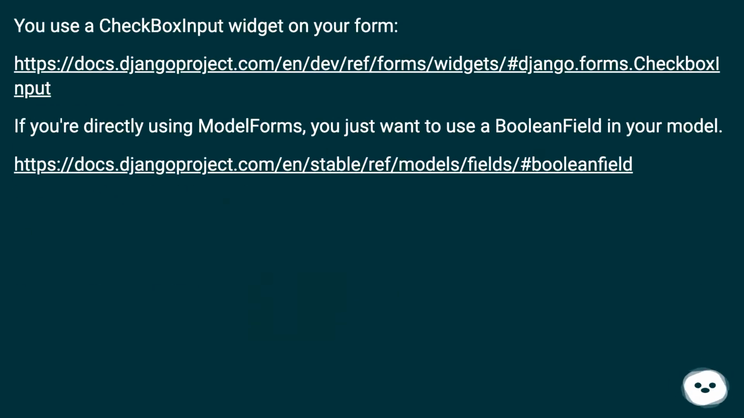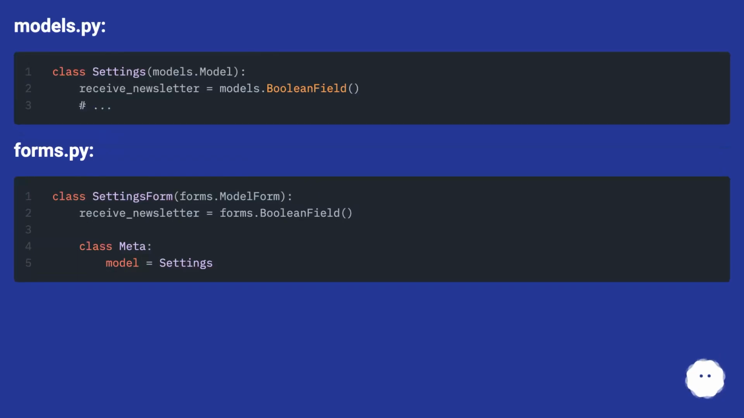You use a checkbox input widget on your form. If you're directly using model forms, you just want to use a Boolean field in your model. Models.py, forms.py,